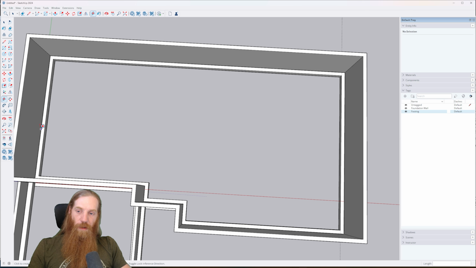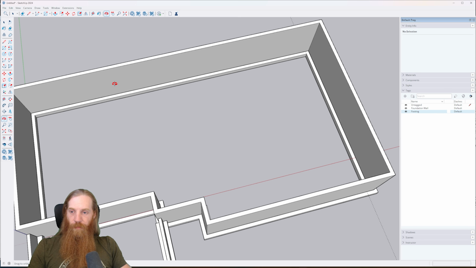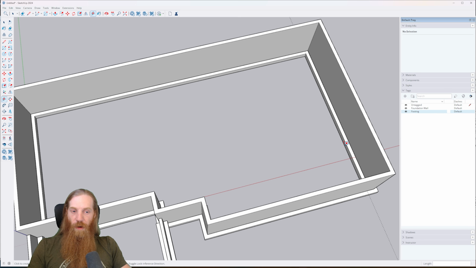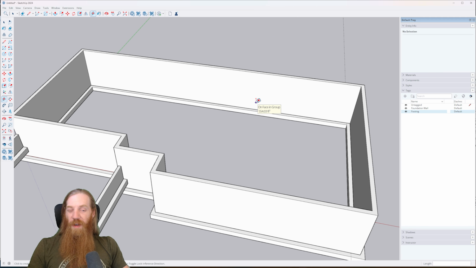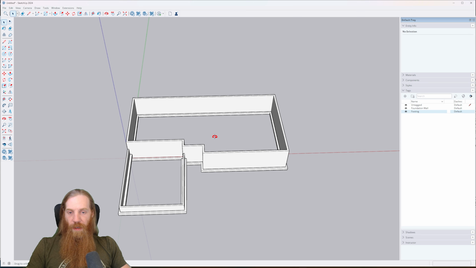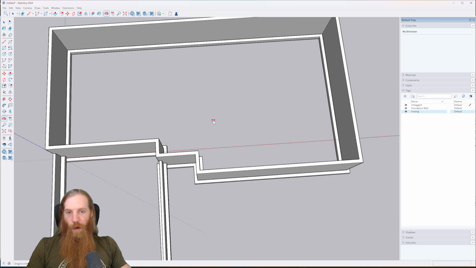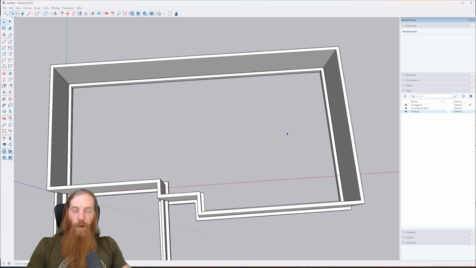But in order to do that, you will have some interior footings in here that you're going to also have to pour as part of the foundation. But in order to know where those footings are going to be, oh, I still have one more reference line there. In order to know where those are going to be, we need to know where our load-bearing walls are. And we're not going to know that until we frame our floor system for the main floor, which will tell us where we need